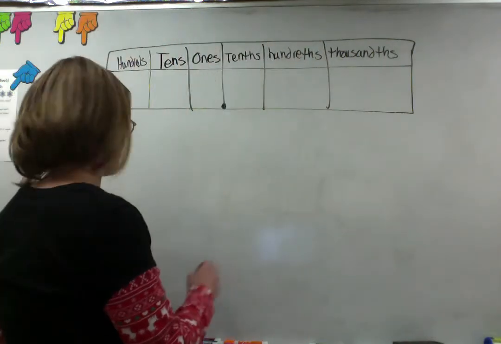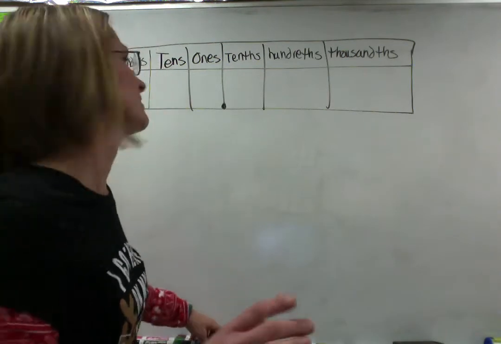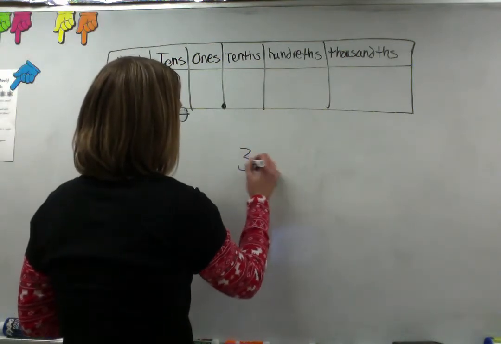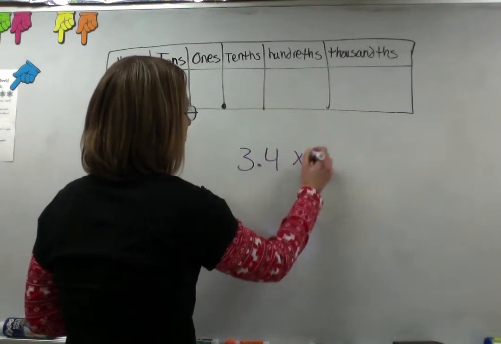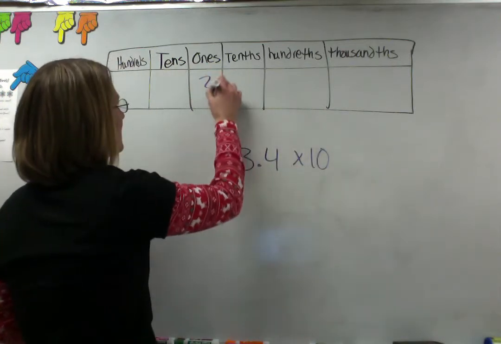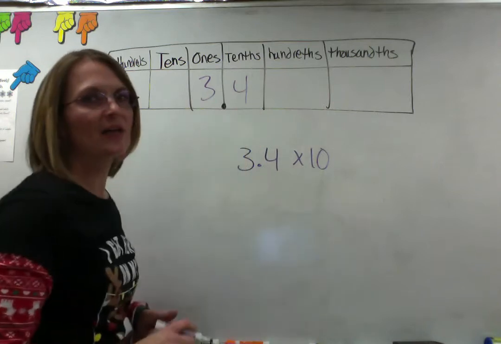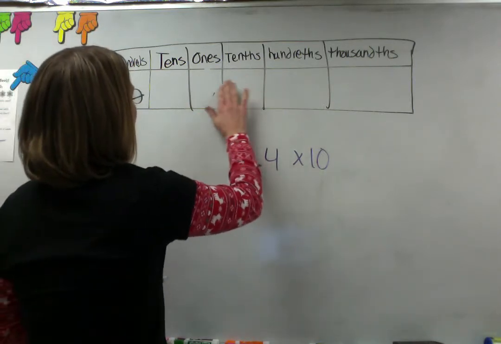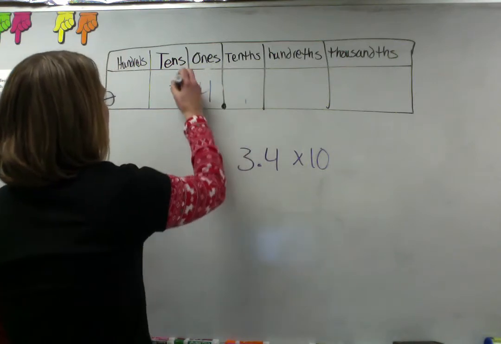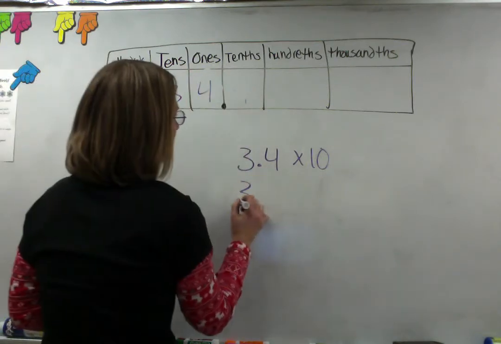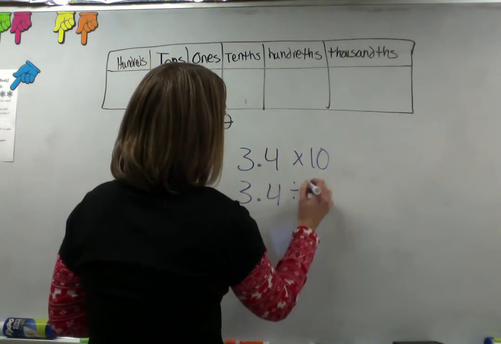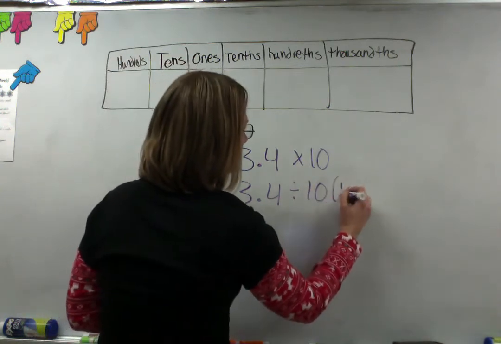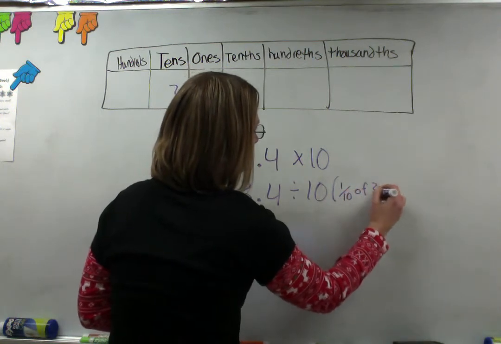So just kind of simple, let's go back and just be a little bit simple. So remember that when you take a number with a decimal and you multiply it by 10, okay, it gets one place value bigger, okay? So that means that everything goes up one place, it gets one place value bigger, becomes 34. If you take 3.4 and you divide by 10, okay, which is the same thing as finding 1/10 of 34,